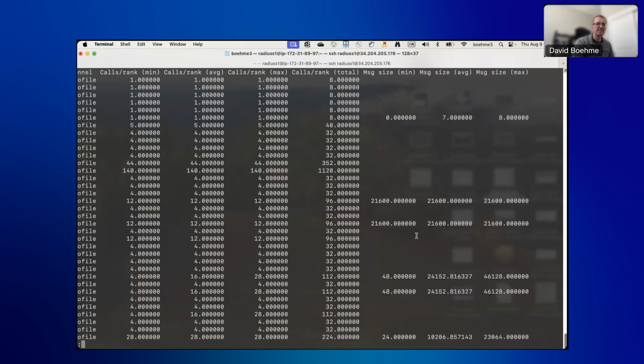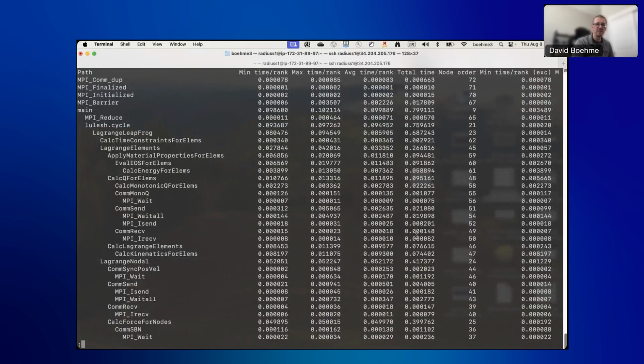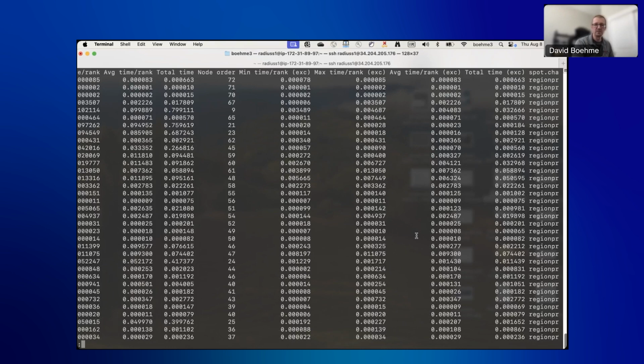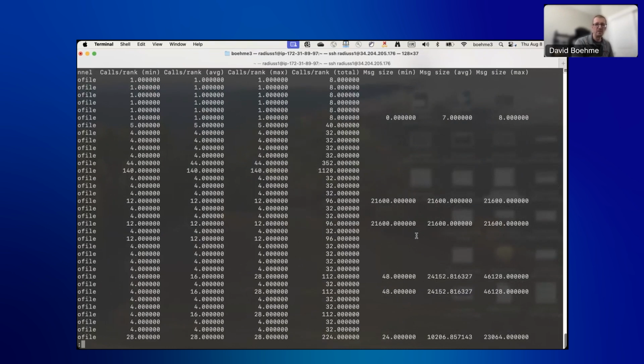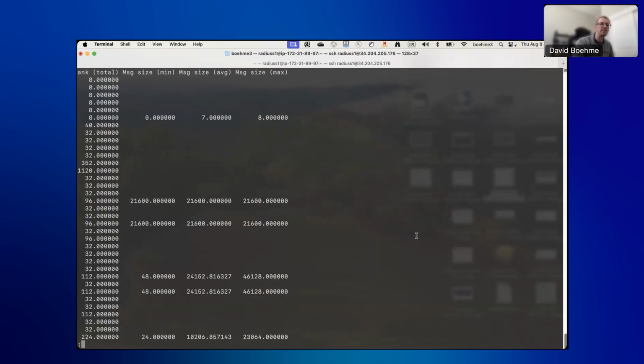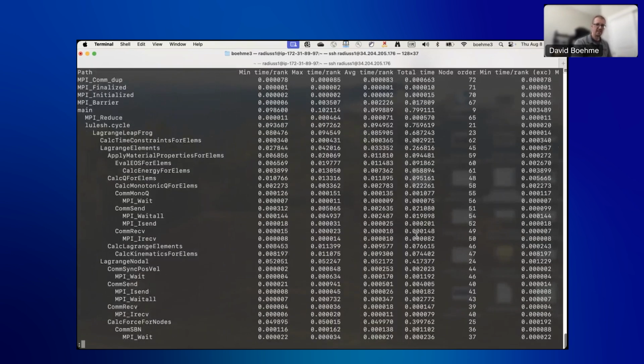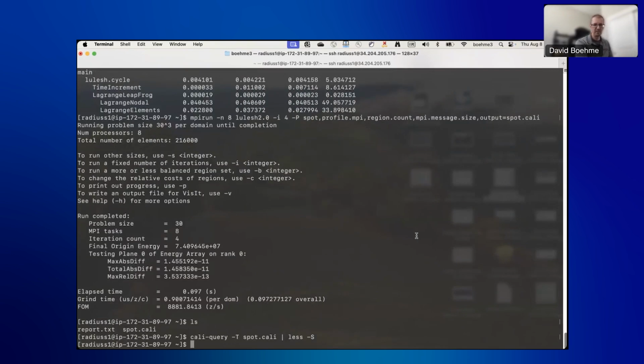So now we have all the time metrics, both inclusive and exclusive ones in this case. We have the number of calls, we have these MPI message sizes that we wanted. So we get all this good stuff now in the file that we can load into Thicket. And actually also look at the metadata that we collected. Well, it's not going to be pretty, but